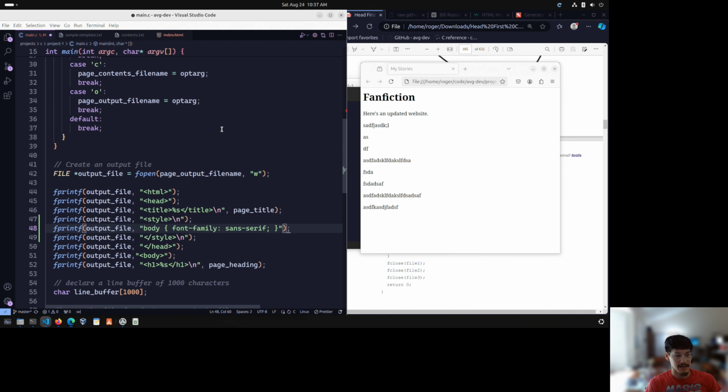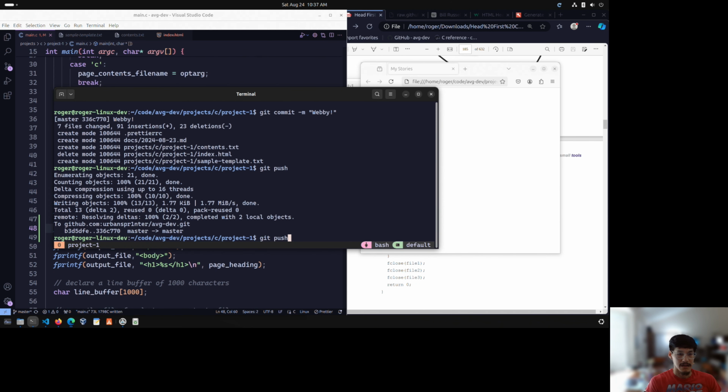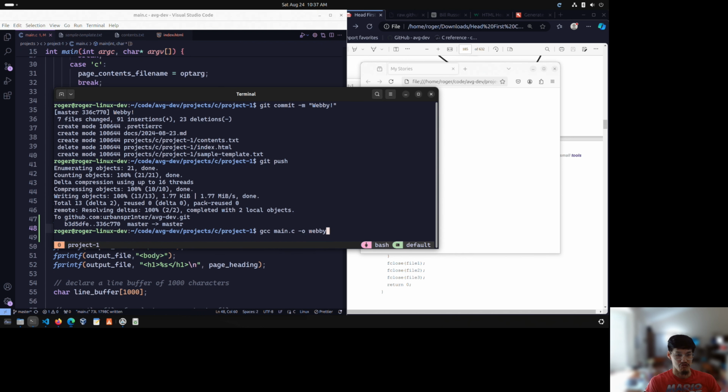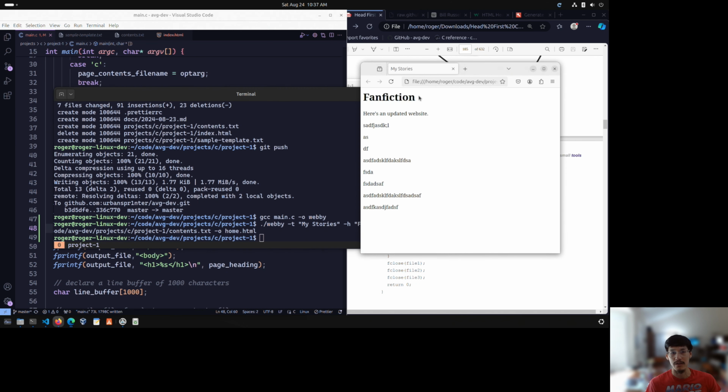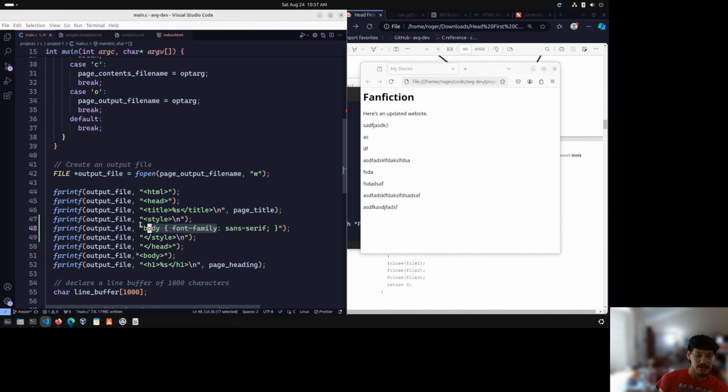And then if we were to recompile this thing and then rerun it to home.html, which we can just refresh here. Notice how the font changed. So we can make things look better this way, where we can just print out the style rules